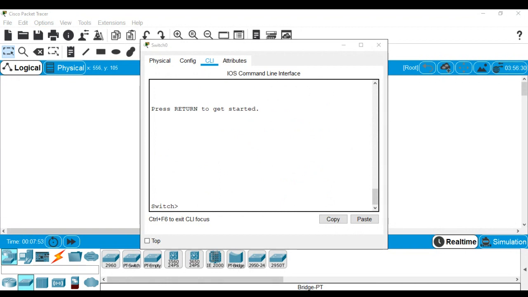Let me quickly write before that what we are actually going to do. Fine. So I'll just share my screen and I'll write some points here of what we have to do. The first thing which we have to do is the host name of our particular switch. The second thing which we have to do is the logon banner setting.